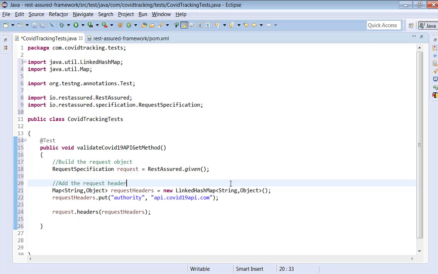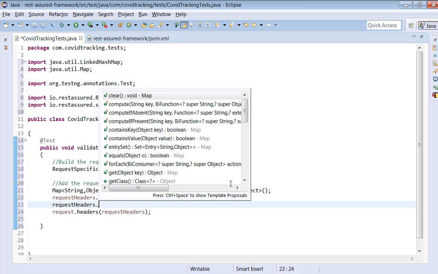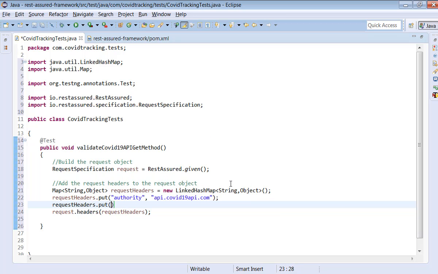Add the request headers to the request object. So similarly, you can add any request header. requestHeaders.put. Suppose, for example, you want to add one more request header. Yes, you can add it. You can add as many as you want to the request headers and add this map to the request object. That is important.